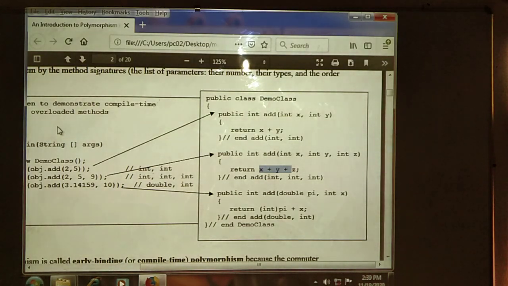What is overloading? Overloading means we use the same method name with different parameters. That is called overloading. We have already seen what a function is, how to declare functions, what overloading is and what overriding is. Overloading means the same method name with different parameters, different signatures. Again we use the add method, and here we pass two parameters. Then we return pi, a double pi value, which we specify. Then we return the value in int format. What is the pi value? 3.14, in decimal form.